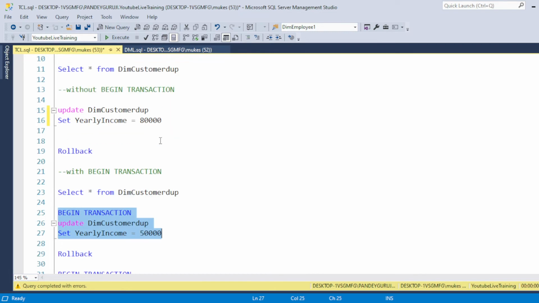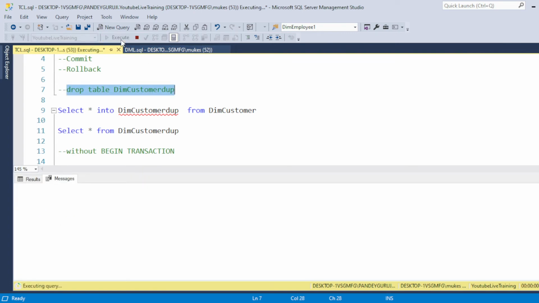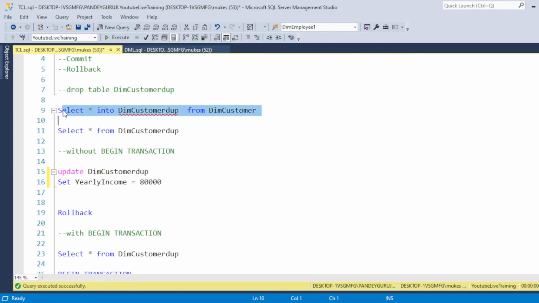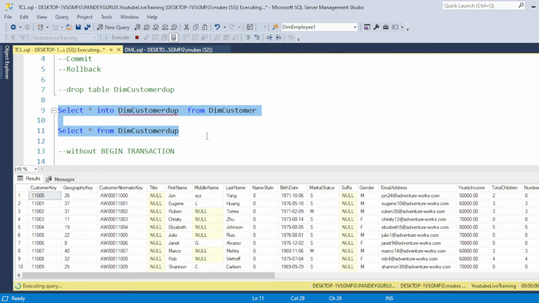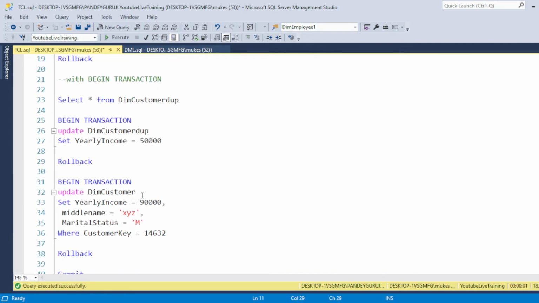Let me drop this table again and create the duplicate table again. Once the duplicate table is created, you can update the data with begin transaction.